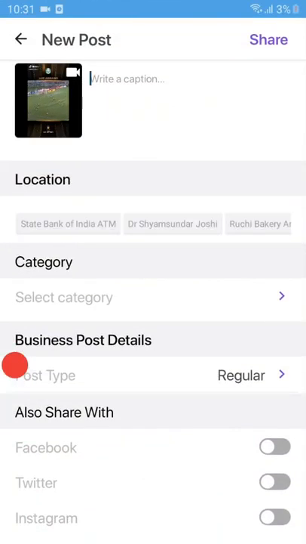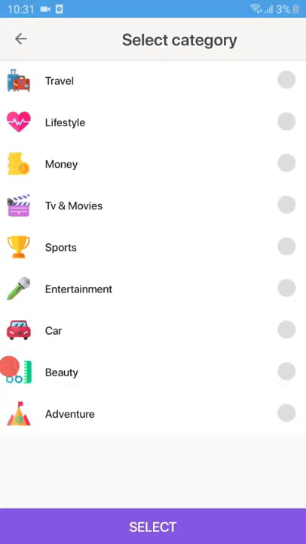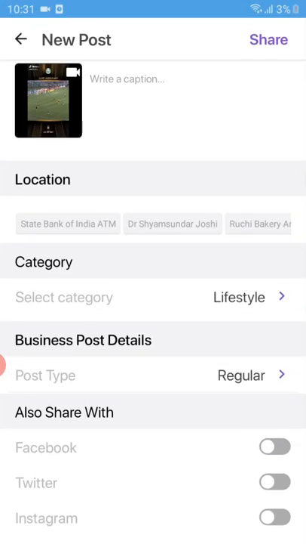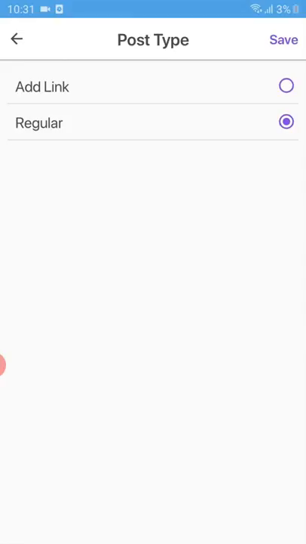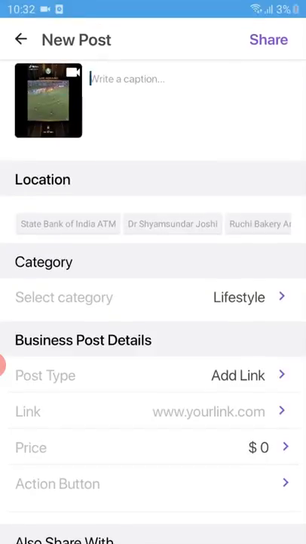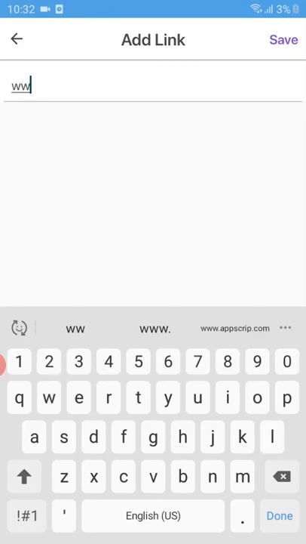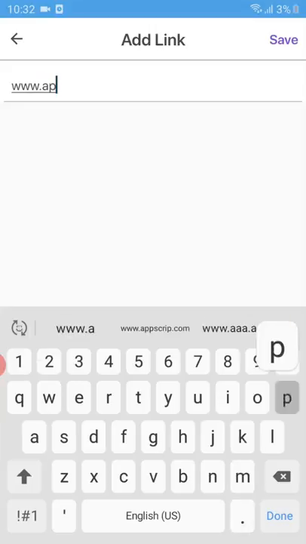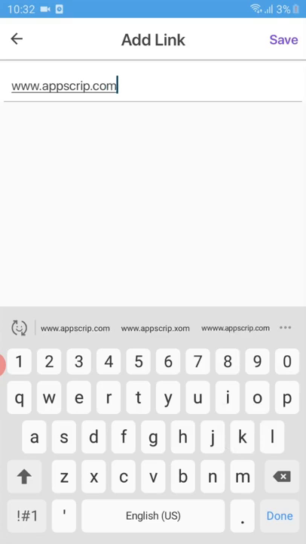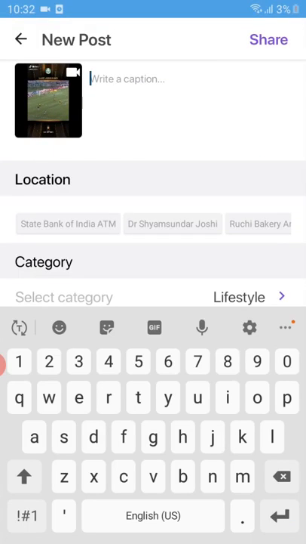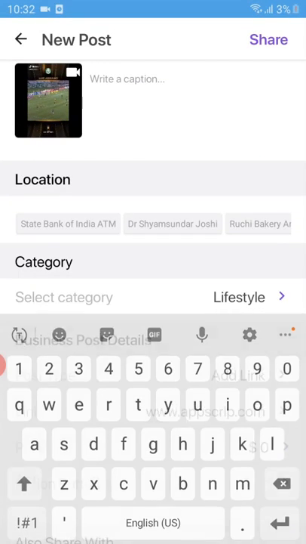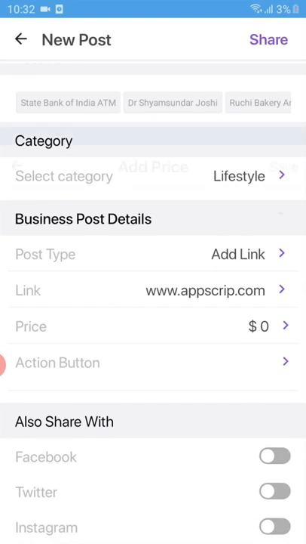Let's say I want to tag my shoe, and let's say this star here was wearing my shoe. I can always go add that. I can add a link to that post, and I can add whatever I'm selling. So I can add a link to my e-commerce site if I have one. In my case, I'm just linking it back to my website, right? And I can always add a price to that.